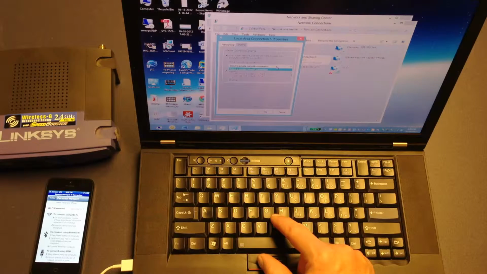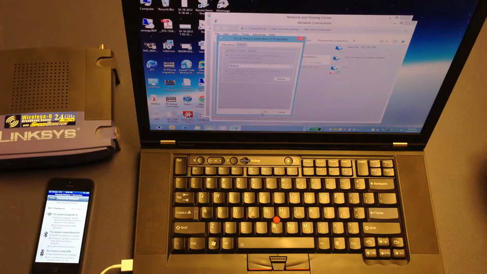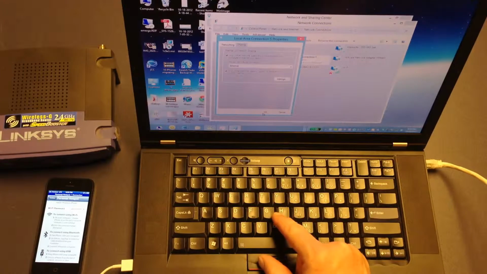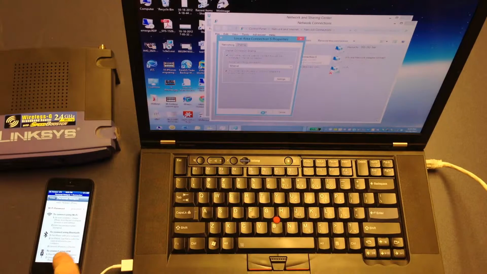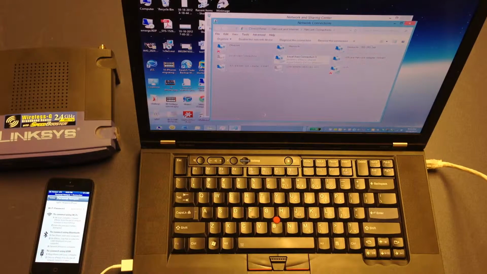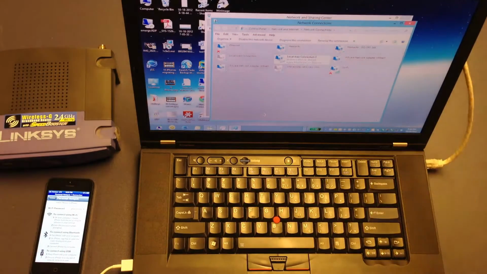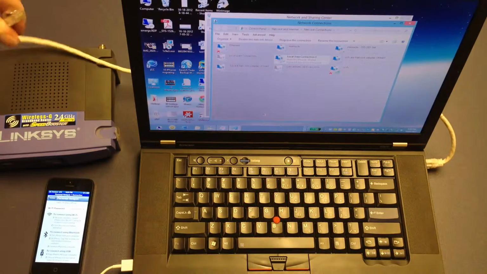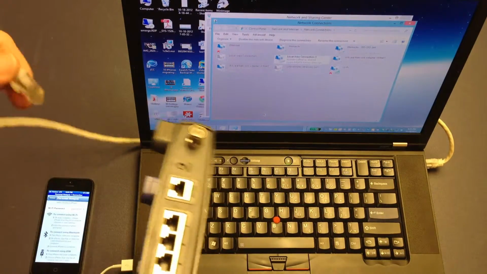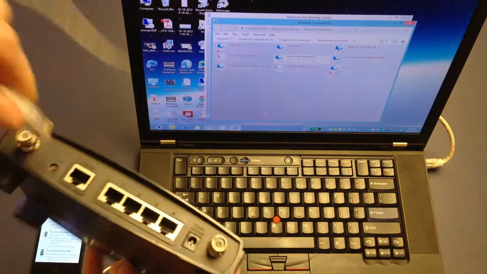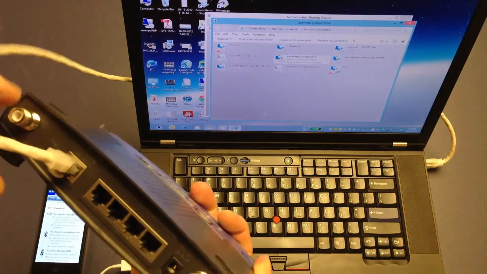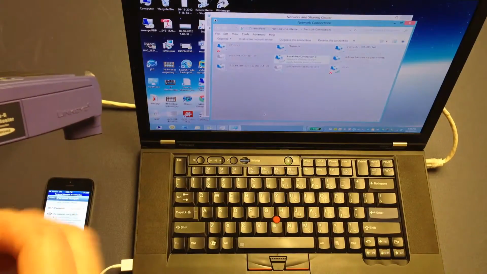It says Home Networking Connection, and I'm going to say Ethernet, or LAN is usually the word it's going to use by default. What does that mean? The connection I'm going to share out is going to be over this network cable. Alright, so it's going to take the internet connection from here, the cellular, share it over this cable, so when you plug it into the internet here,